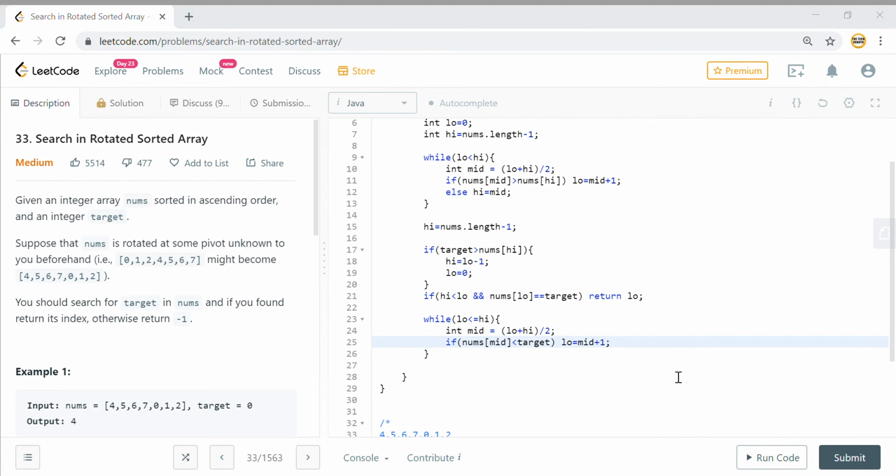So if the middle number is still less than the target, then I need to increase my lower bound.